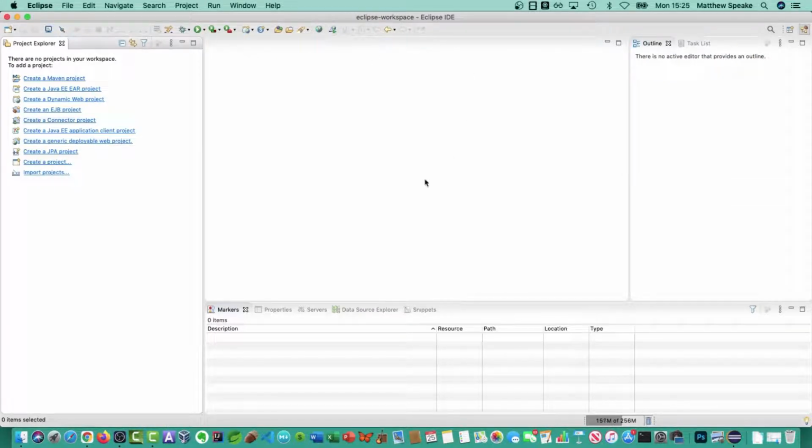You'll see here that in the main pane, we don't have any program code yet. That's because we don't have a program. Specifically, we don't have a project, in fact, which is where we actually put our program code. In order to write a program, you need to have a project. So that's the first thing we're going to do. Let's jump in and create a project together.